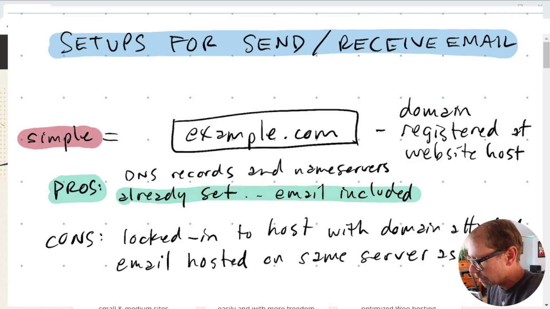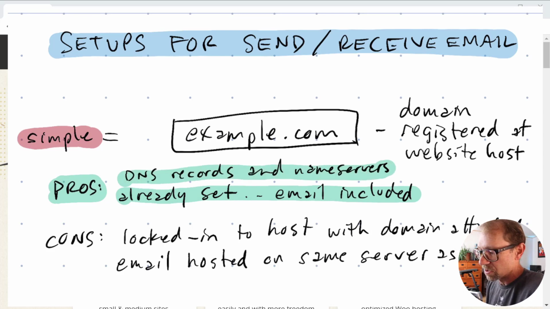It's already set up. Email is included, and the DNS records and the name servers, which is a way to point DNS records from one place to another, those things are already set up for the domain that you tell your website host about. However, there are a few cons there, and you might imagine, since we've gone over a few of these concepts already,